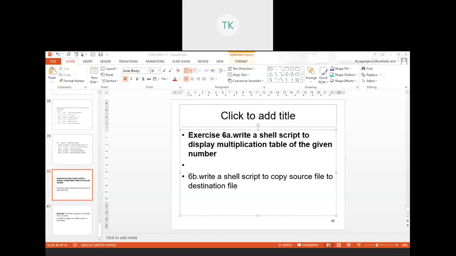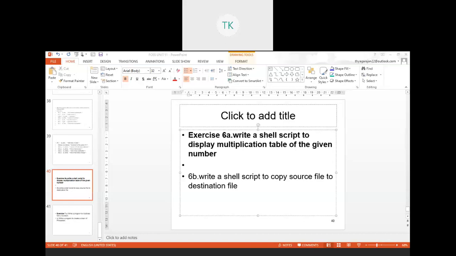Here, exercise 6A: write a shell script in order to display the multiplication table. Then write a shell script in order to copy a source file to the destination file. You try to understand there is a source file, and at the same time we are trying to copy this source file to a destination file.